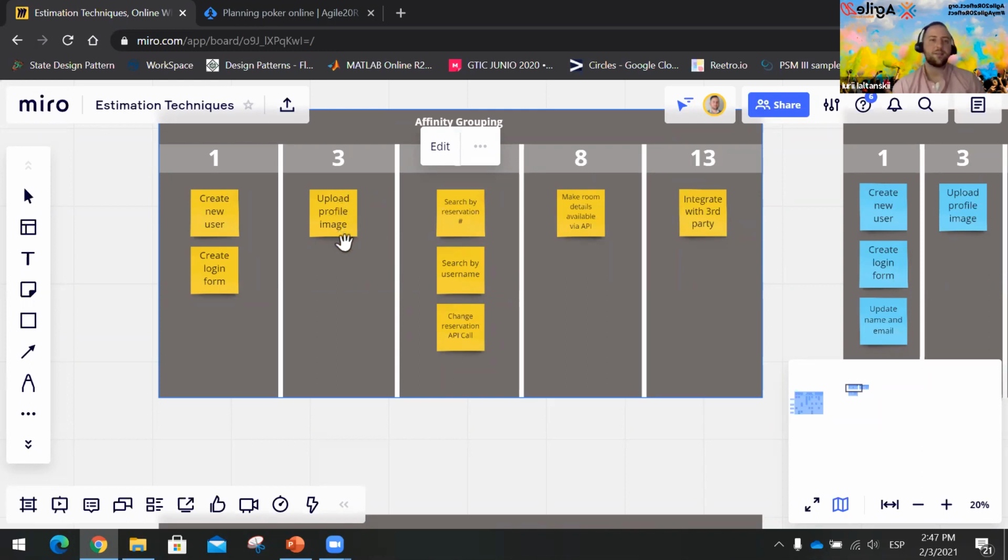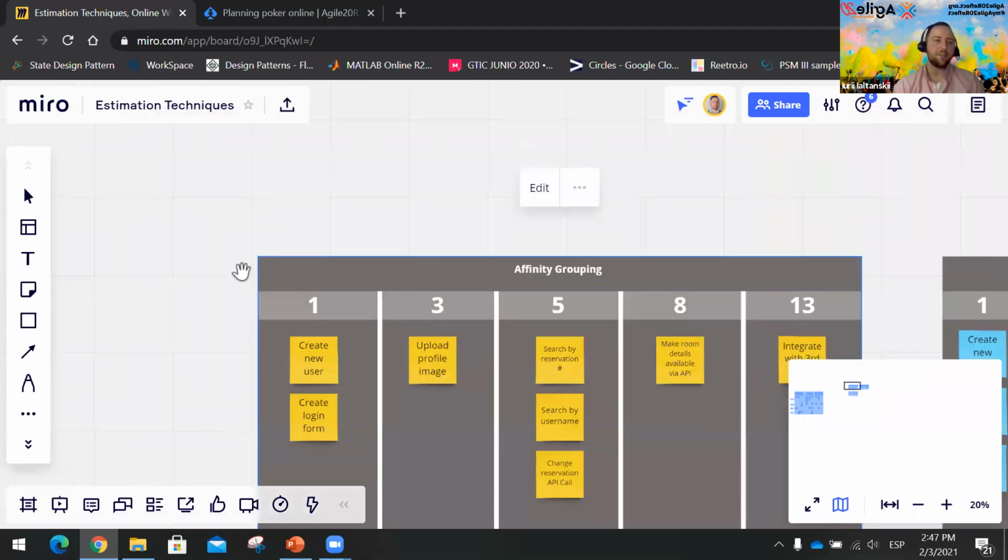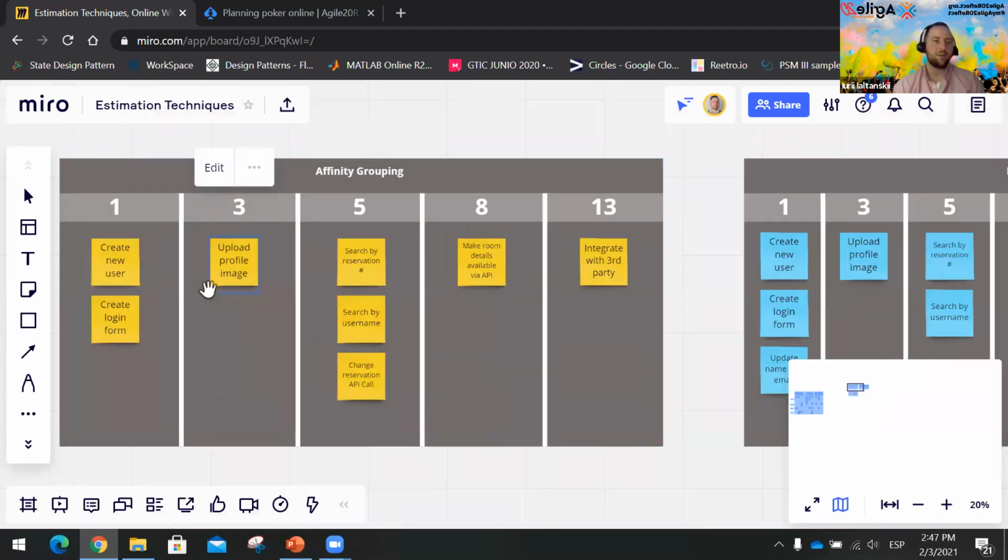After that, we choose another item from the product backlog, which is upload profile image. The team is asked if this item is more complex than search by reservation number, and the team says, no, it's not that complicated for us to complete. So that's why it's placed to the left.